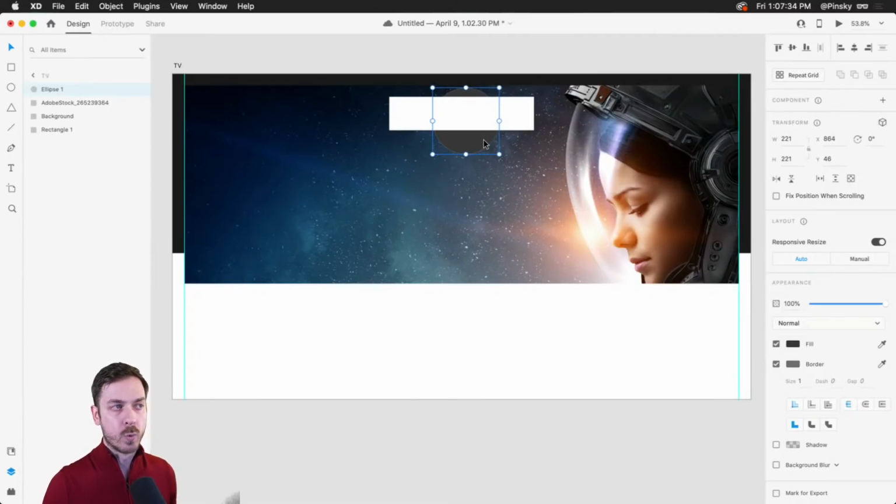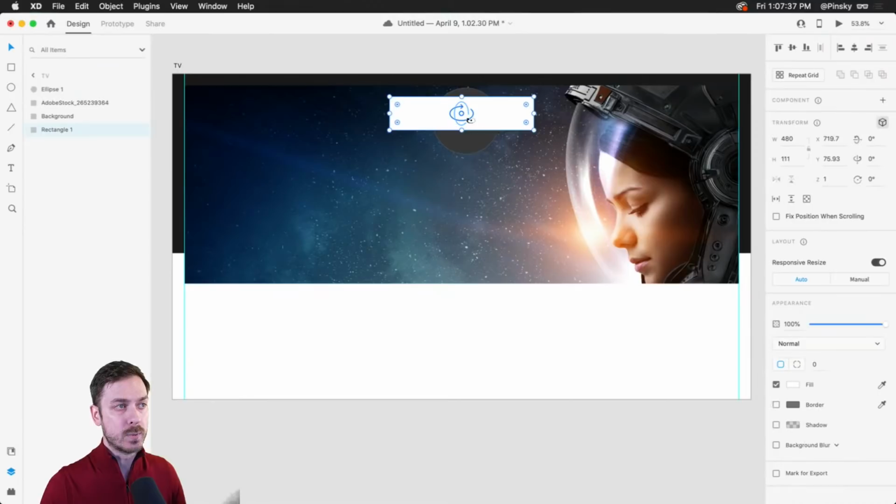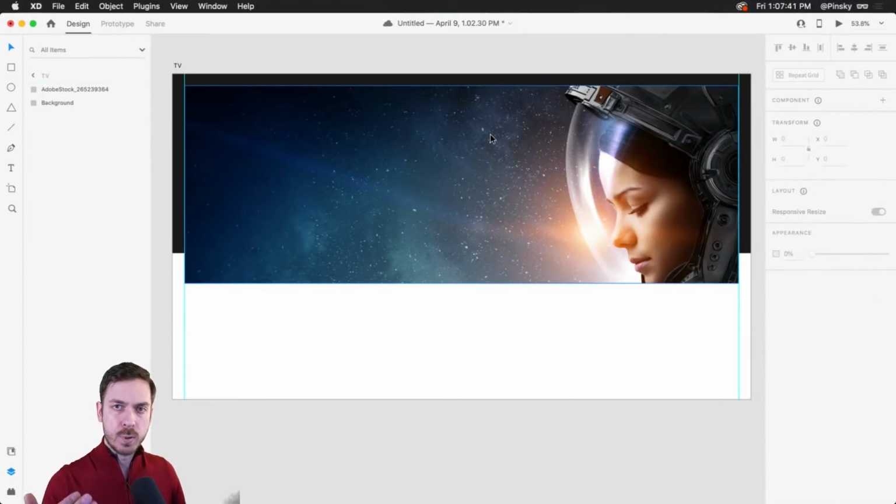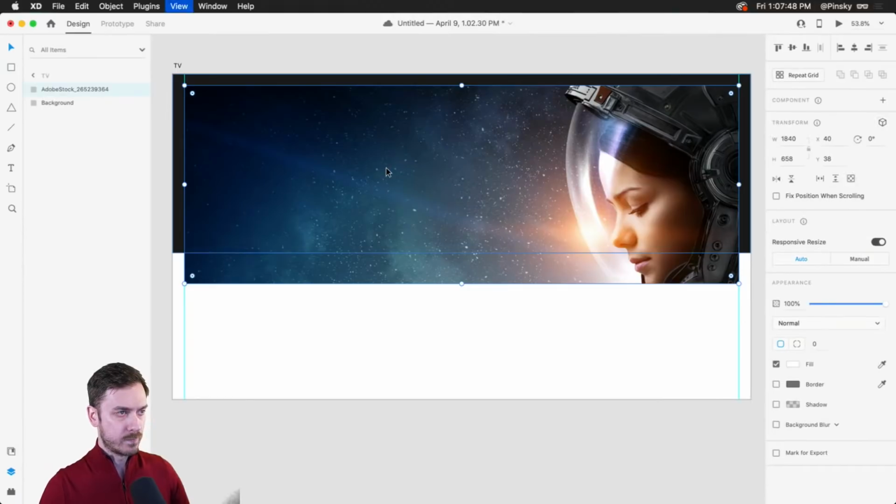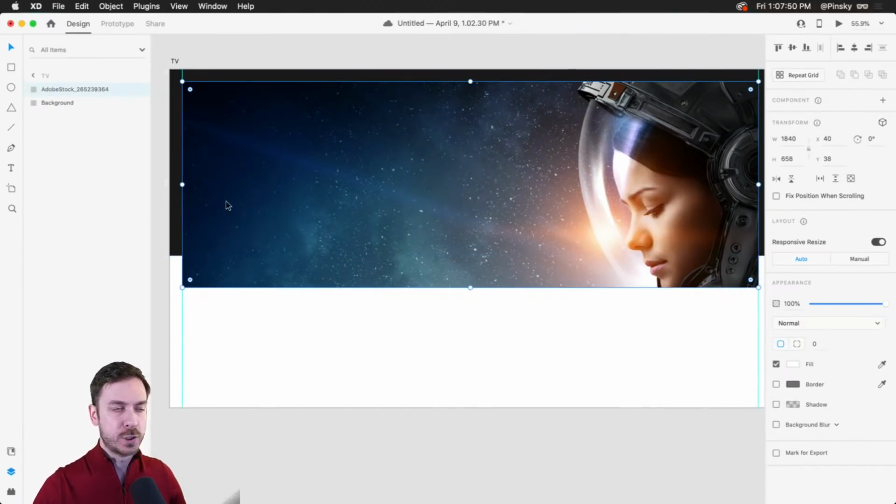So even if you're not working with actual 3D transforms, you can use Z depth to your advantage to have more flexibility when you're layering things. All right, so hopefully that answered your question.